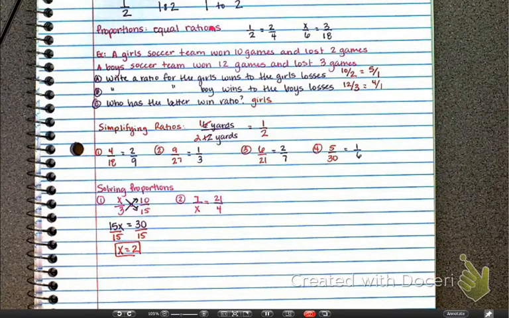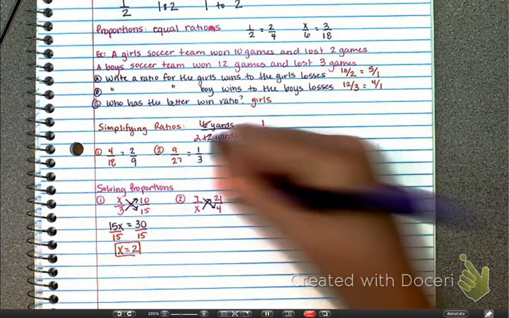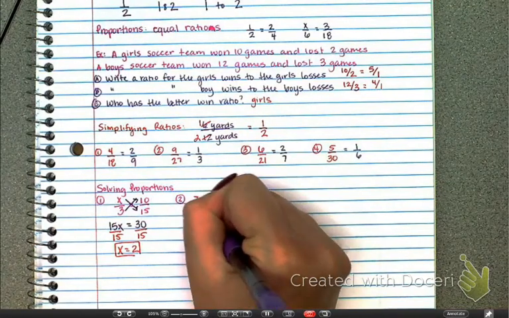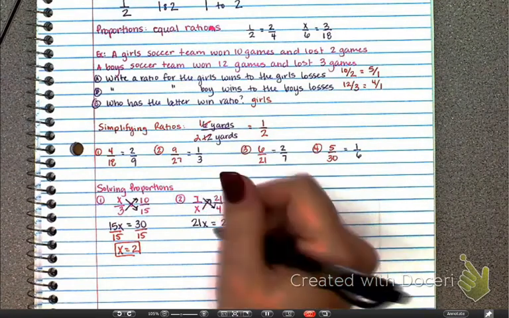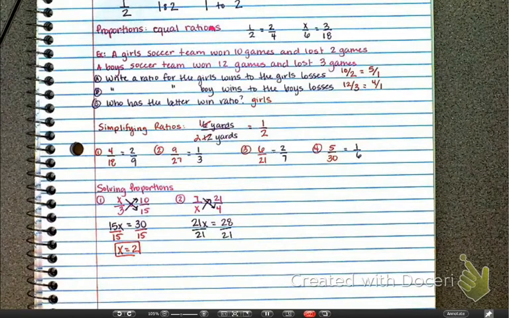Okay, so number 2, 7/x equals 21/4. I would like you to solve for x. So take a second and solve for x. So you're going to cross multiply, and you should have 21x equals 28. Okay? Then you divide by 21, and if you went to plug this into your calculator, you got 1.3,